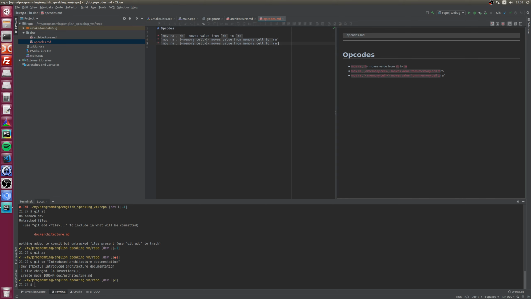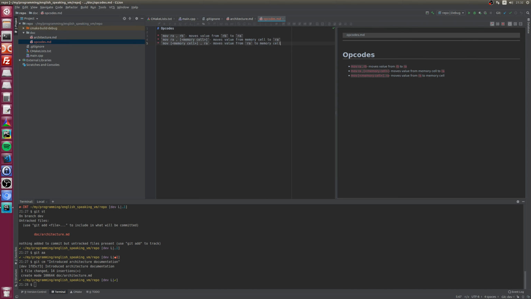And now the opposite. Memory cell, and here goes the first one. I'm missing this one here and here. Memory cell now to array. So it moves value from array to memory cell. To memory cell. Cool.